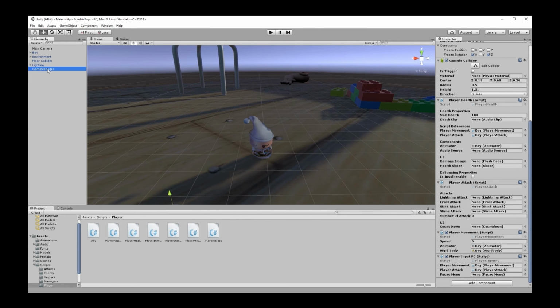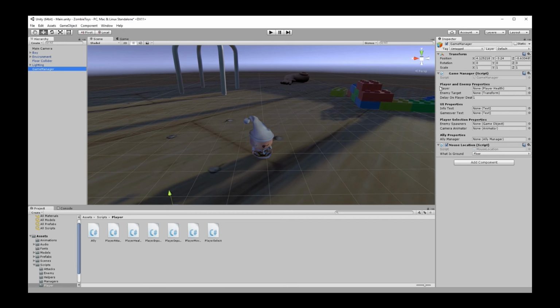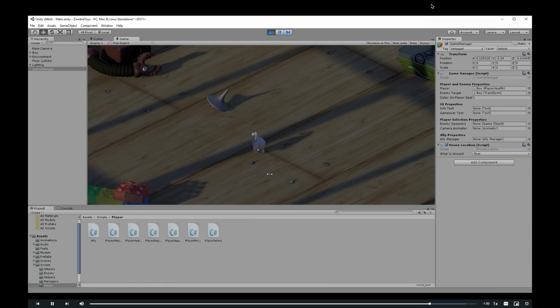If I go over to my game manager, I can see that there's two properties that I'm interested in, player and enemy target. Both of these are going to be the boy game object. Specifically, it's going to locate the player health script on the boy game object, and also the transform of the boy game object. These are separate because the game manager can set them to separate things depending on what's currently happening within our game. I'm going to click on the boy game object and I'm going to drag it over to the player health script. I'm also going to click on the boy game object and drag it over to the enemy target property as well. Now when I hit play, I can see that my player looks at the mouse